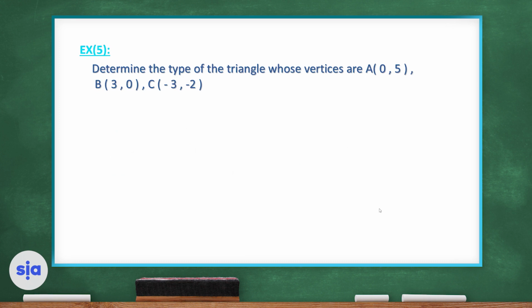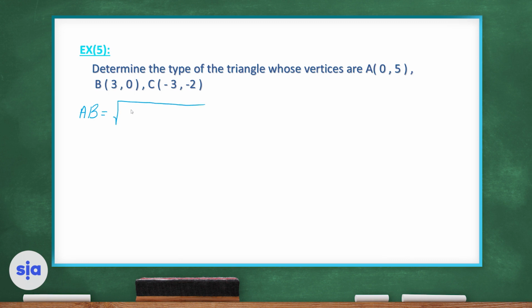Let's now move to example 5. Determine the type of the triangle whose vertices are A that has coordinates 0, 5, B that has coordinates 3, 0, and C that has coordinates -3 and -2. Let's now find the length of the 3 sides. So the first side AB, we get its length,